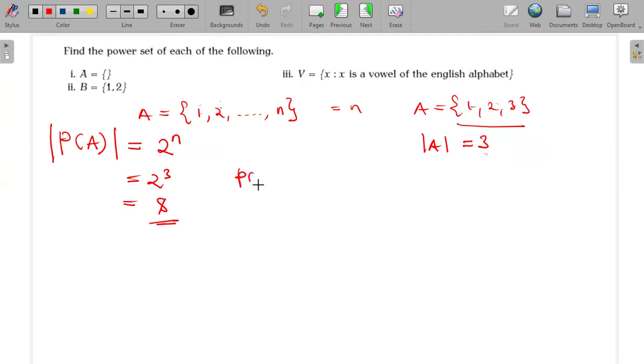Now to get the power set of A in this case, you have to list at least those subsets. So in short, a power set is a set containing other sets. One thing that we must know is that the set itself is going to be a subset of the power set, so the set itself is contained in the power set. And then also the empty set, which we denote like this, is a subset of every set. So just when starting to list, it means you know that you have